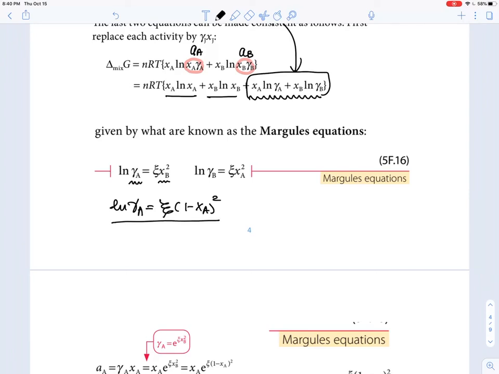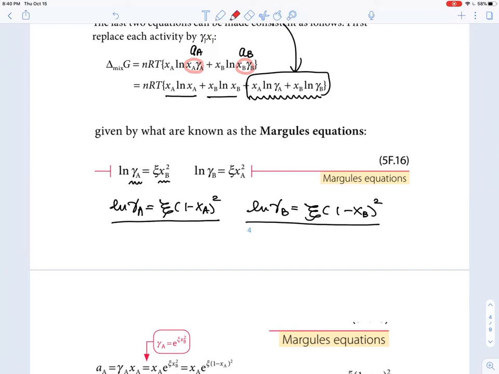This is what is called the Margules equation, and ln gamma B is psi times (1 minus xB) squared. Okay, so these are the relationships that give rise to this,